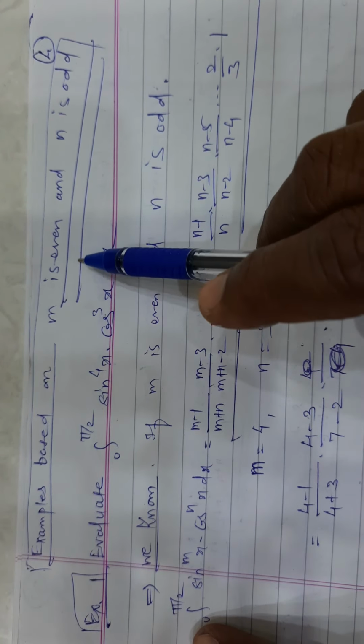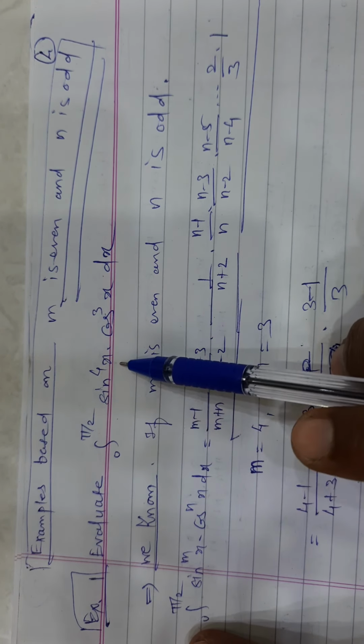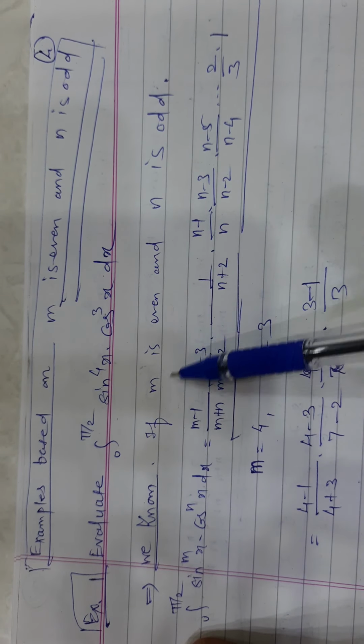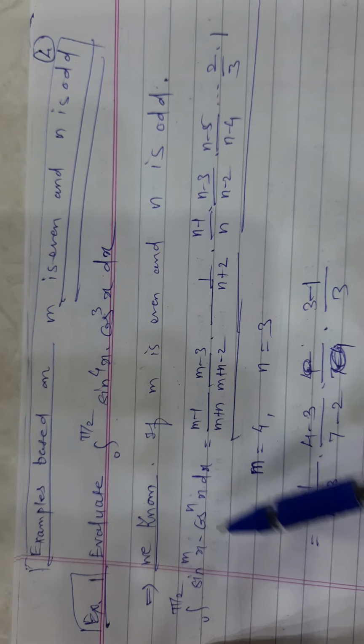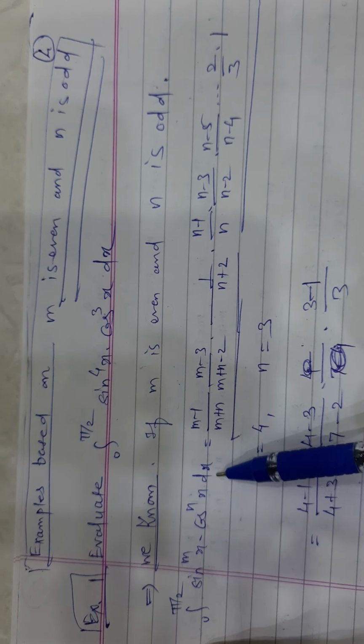Example based on m is even and n is odd. Evaluate the integration from 0 to pi by 2 of sin raised to 4x into cos cube x dx. We know the formula for m is even and n is odd. Then integration from 0 to pi by 2 of sin raised to mx into cos raised to nx with respect